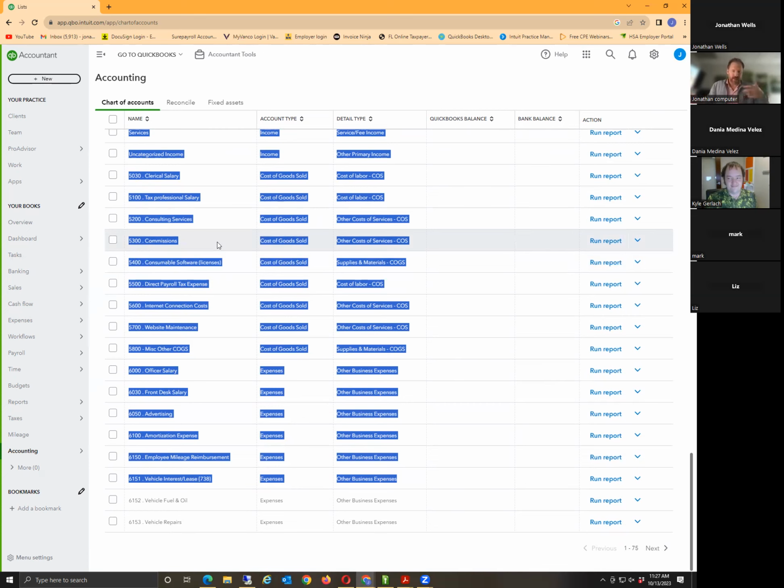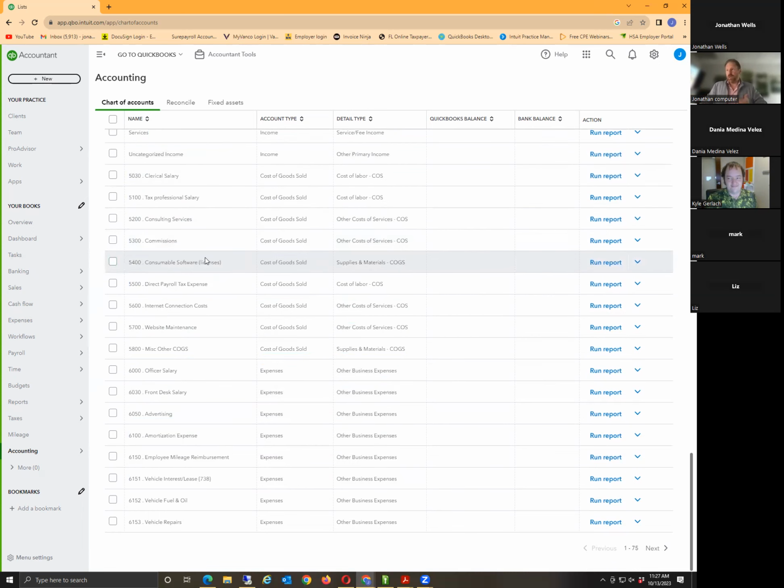So it gives you that kind of memory. And as I do a lot of accounting, I know what certain numbers are, and it makes it easier if you're a 10 key fiend like myself. Okay. So once you've got that chart of accounts in your mind squared away, and we're heading into